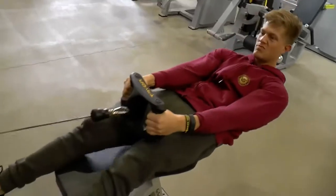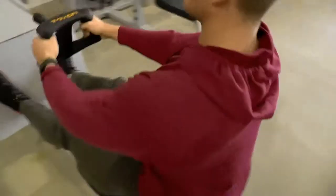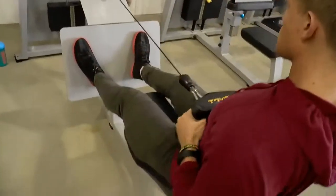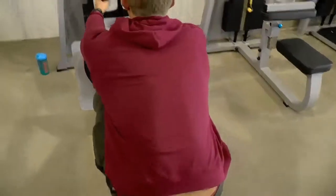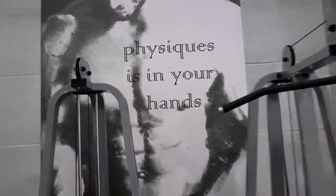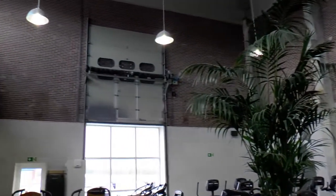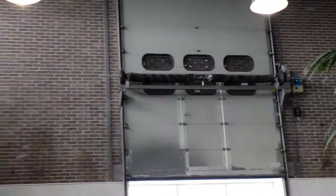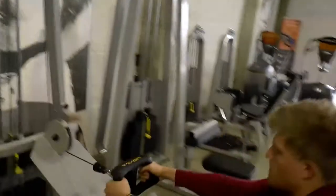Fitness Factory. And you may have guessed why it's called like that, because this used to be a factory hall, so it's very open, spatial, very nice to work, just feels amazing. But yeah, today is a back workout, and we're working out in this gym called the Fitness Fabriek, which means...